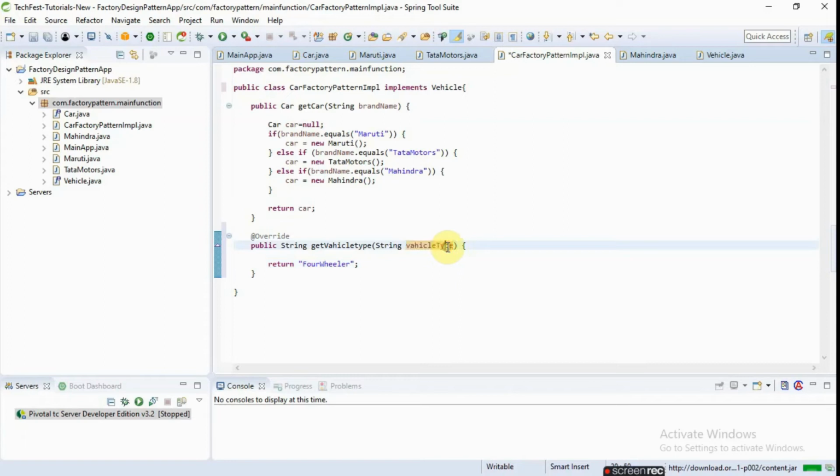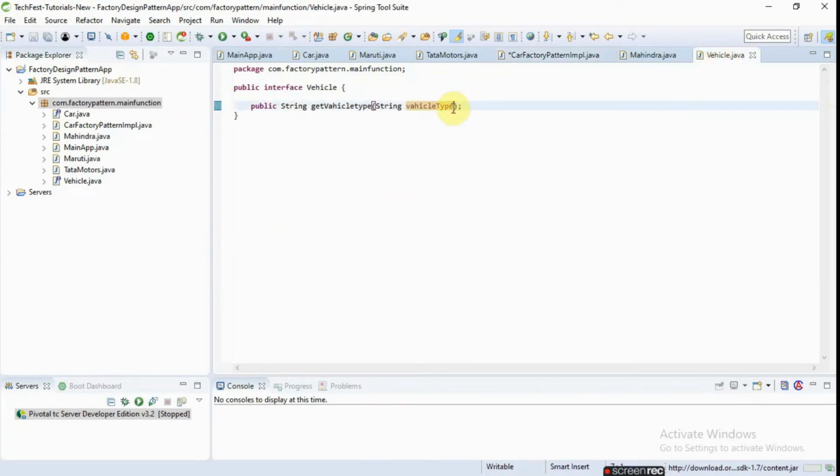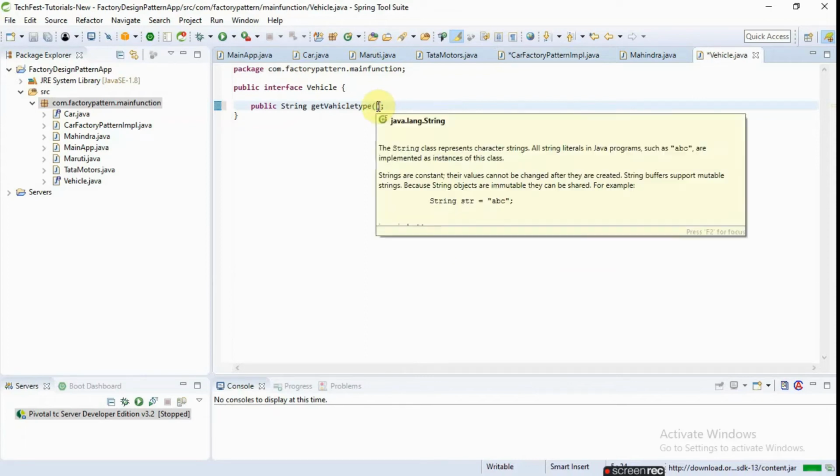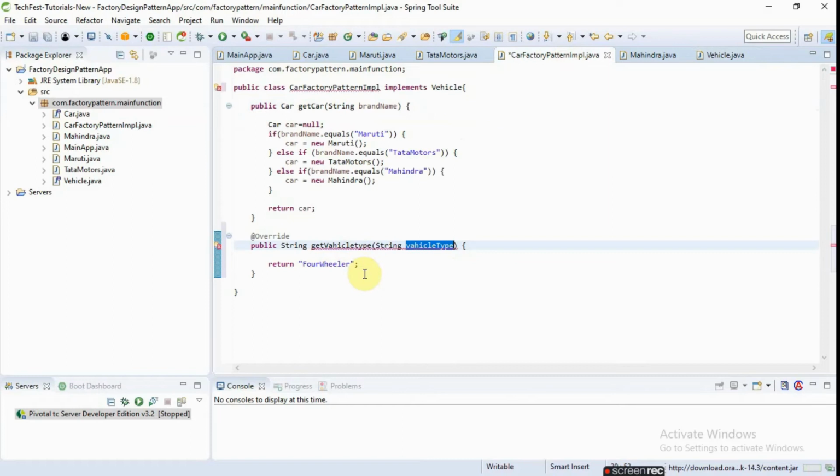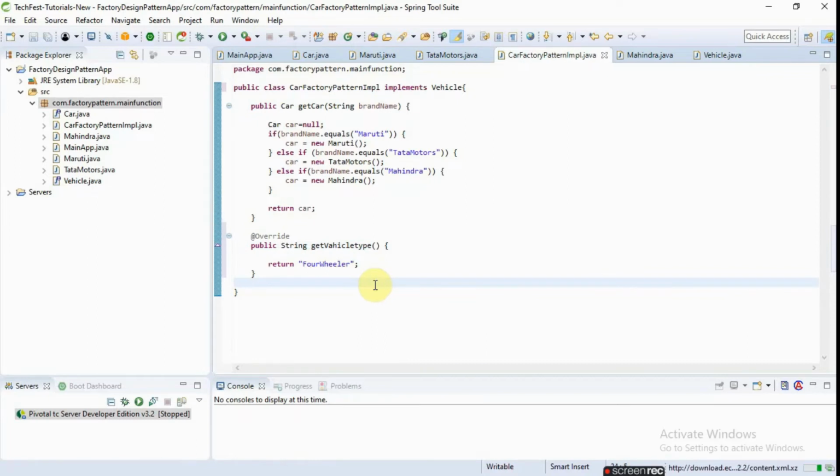Even though we don't require this variable type.